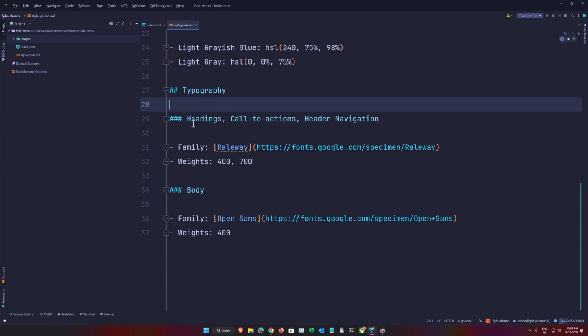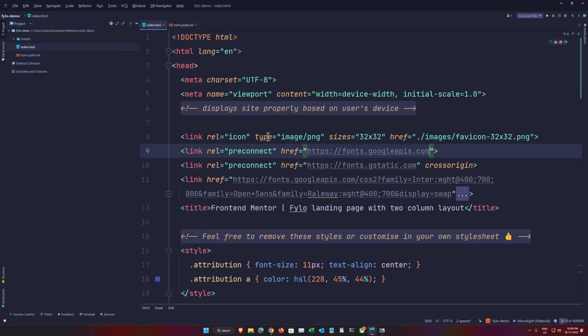And for the font family, they have used a couple of font families here. First one is Raleway, and these should be used for the headings, call to actions, header navigation, all those stuff. And for the body, they are using Open Sans. Yeah, and you can click on these links and they will directly take you to the Google Fonts page. So once you are there, you can simply add the required weights. Okay, these are the weights, and then you can copy the link tag directly from the Google Fonts page and paste it in your